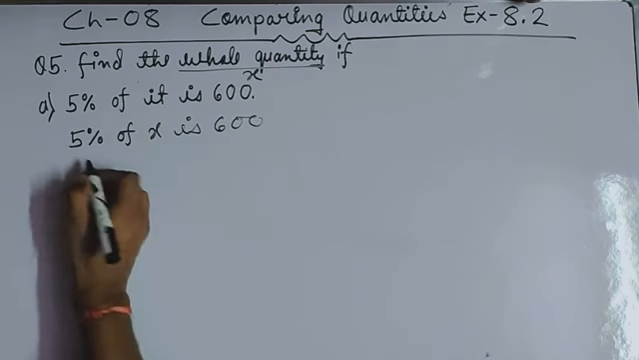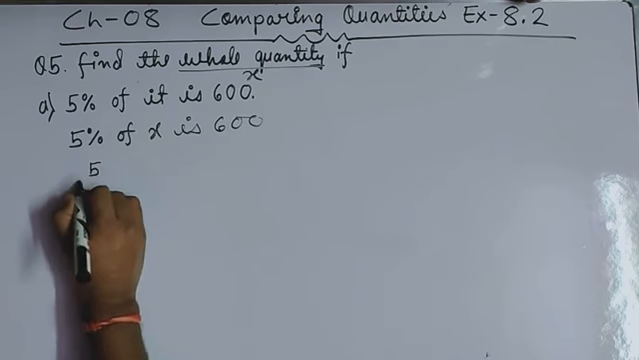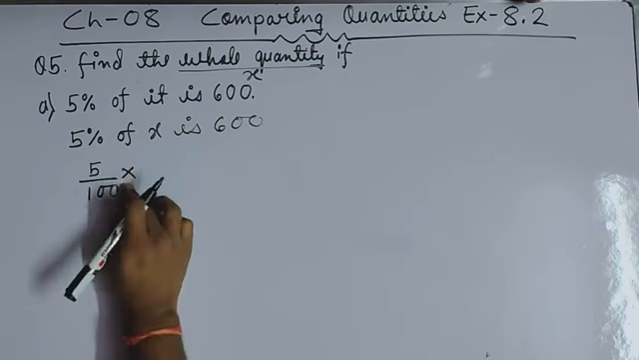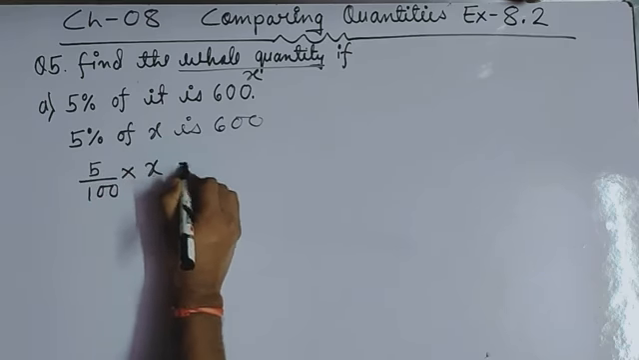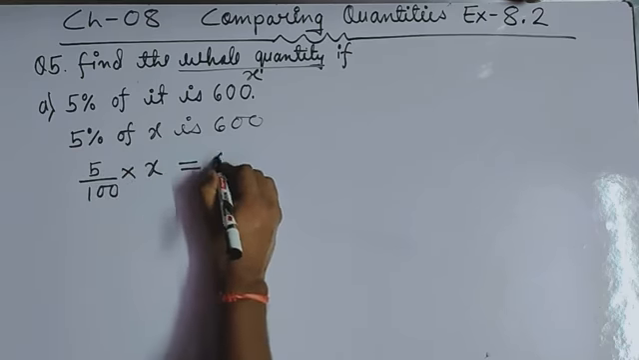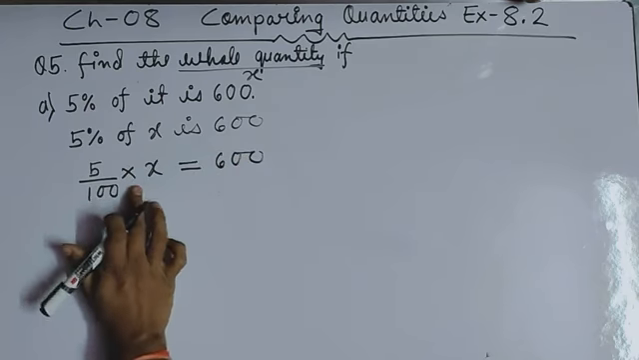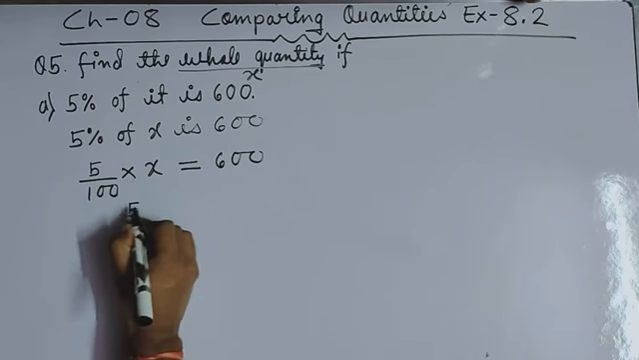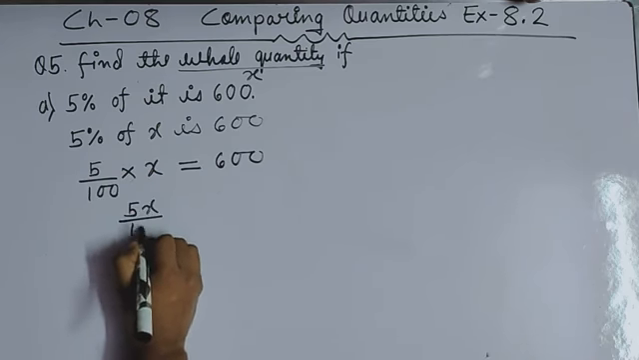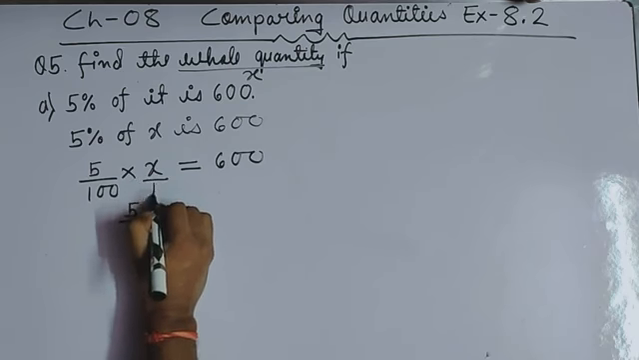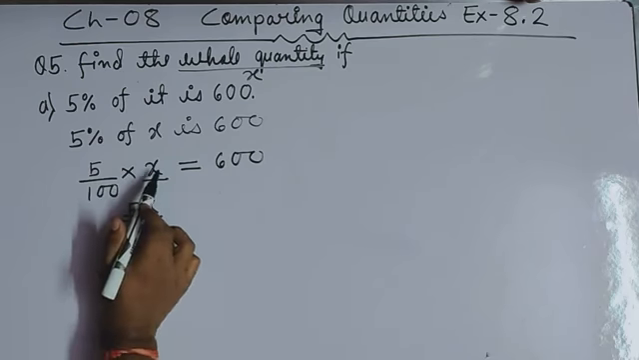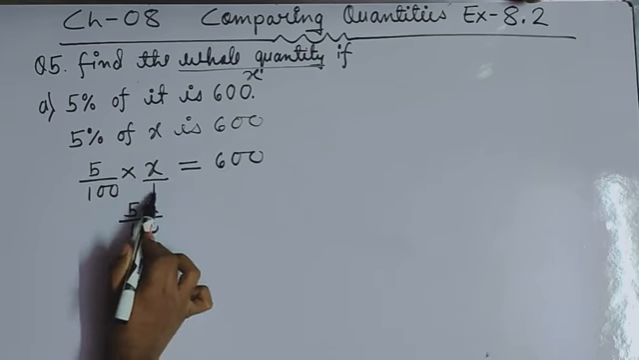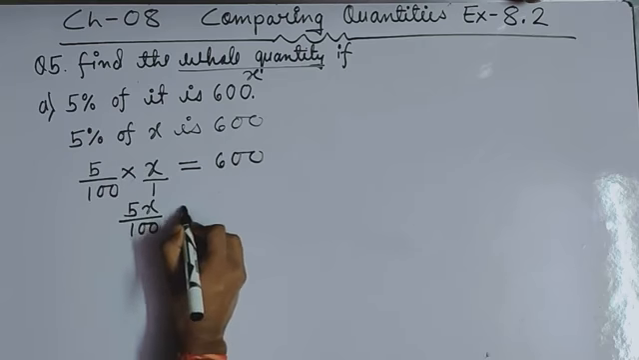You know that 5% is 5 upon 100. What is "of"? That means multiply, and X remains X, "is" means equals to, and this is given to you, 600. So we have to find this X. You know that 5 multiply X is 5X upon 100. Why 100? Because there is nothing below X, so there will be 1. And you know that numerator multiplies numerator and denominator multiplies denominator. So 5 multiply X is 5X, 100 multiply 1 is 100, equals to